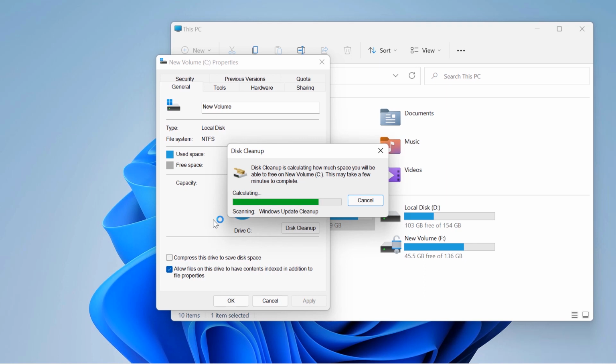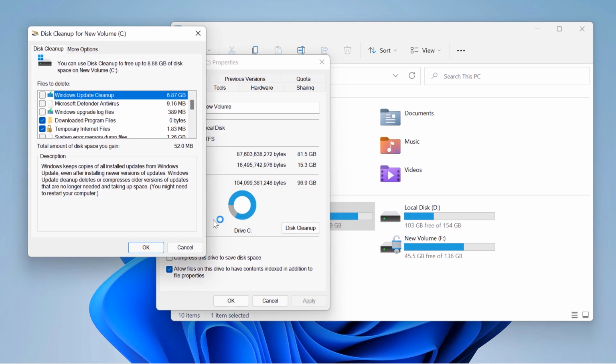Another window will pop up. Then check all the box. So this is the list of the files that we're gonna delete them. Okay, scroll down. It's around 8.88 GB. Just hit the OK